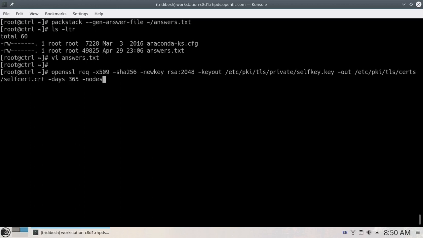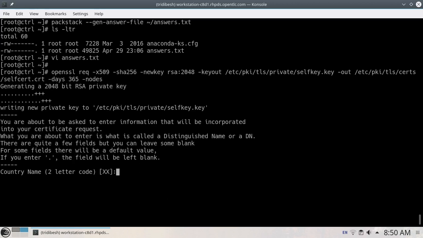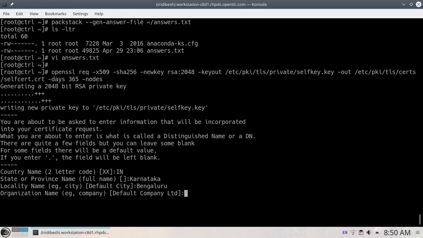So I'll create a total of 3 self-signed keys. One is the private key. So this will start with country name. I am in India, so I'll give India. State or province full name, let me put Karnataka. Let me give that default company name. So I'll give Teach Tech. Organization unit, anything, let me put training.